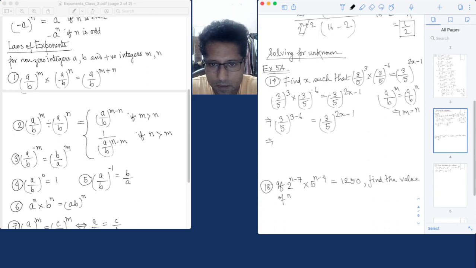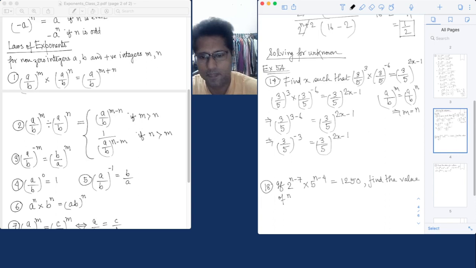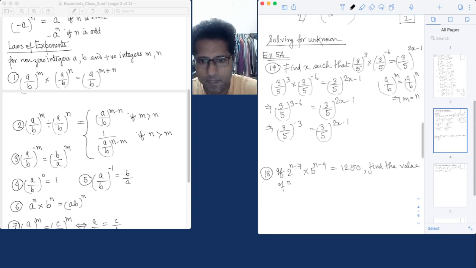Now this implies 3 by 5 raised to the power minus 3 equals 3 by 5 raised to the power 2x minus 1. Now we can straight away apply the law on the right hand side that I have written, and this will imply the bases